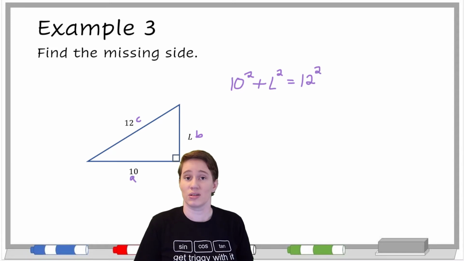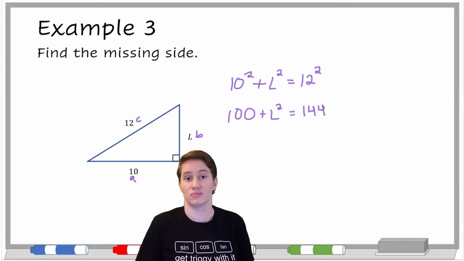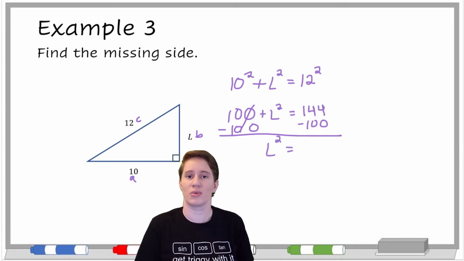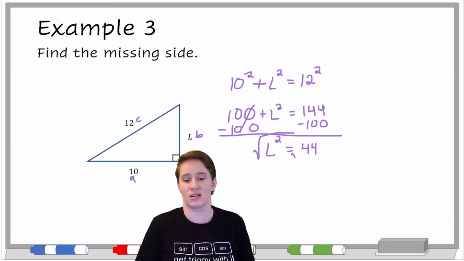So let's see, 10 squared is 100, and 12 squared is 144. If you don't know those off the top of your head, that's what a calculator is for. It'd be nice if you knew them off the top of your head, but maybe it's been a long summer, or sometimes it's hard to think. All right, 144 minus 100 is 44. We're going to square root both sides to get rid of the squared here so that we know that L equals